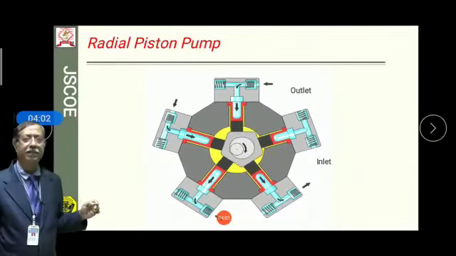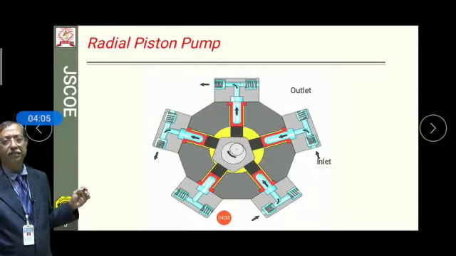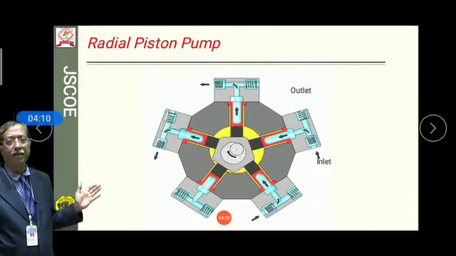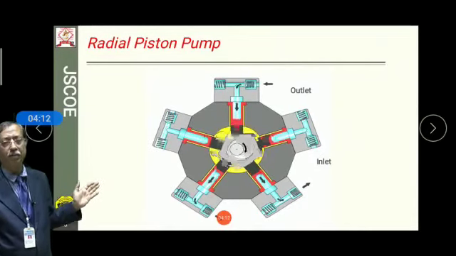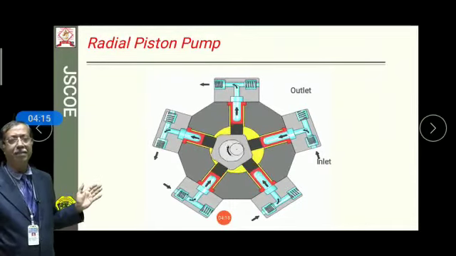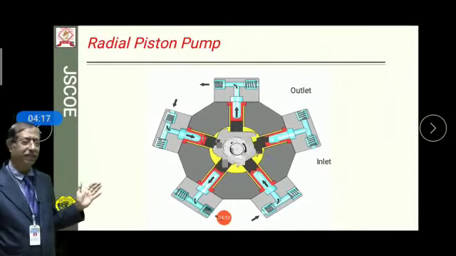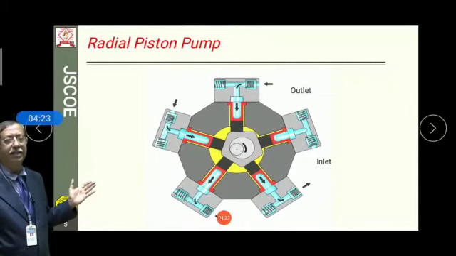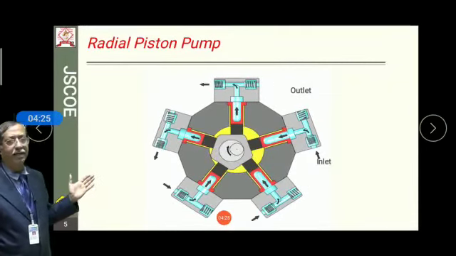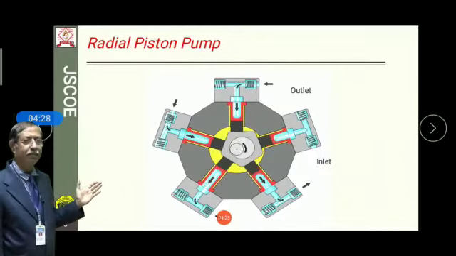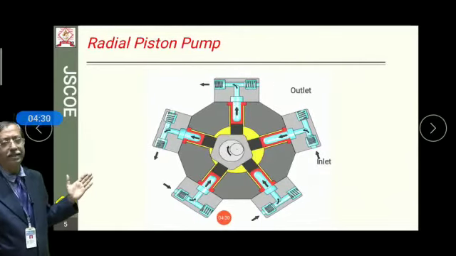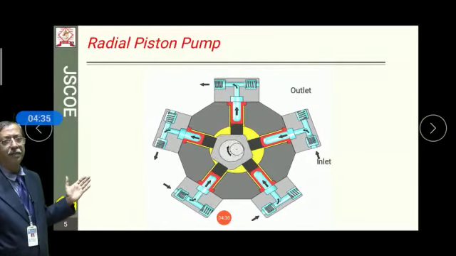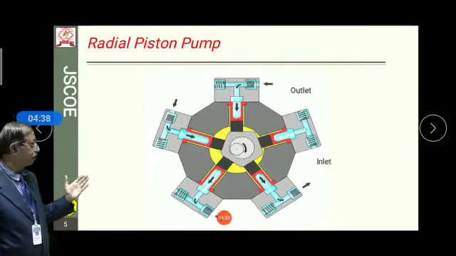Another type of the piston pump is the radial piston pump, in which the pistons are aligned radially, that means perpendicular to the axis of the rotating shaft. So, the cam is attached to the rotating shaft, which is moving eccentrically, and because of that, whenever the cam is moving eccentrically within the pump area, the pistons are moving back and forth and making the reciprocating action. Whenever the pistons are in the retract mode, at that time the fluid will be sucked